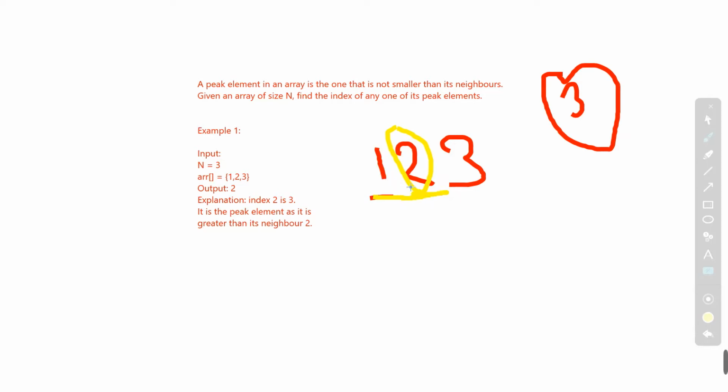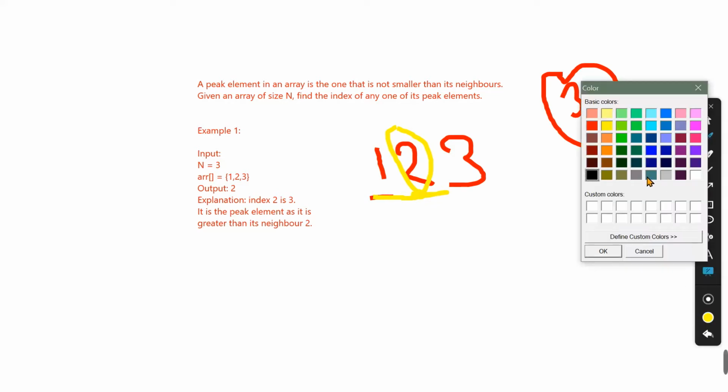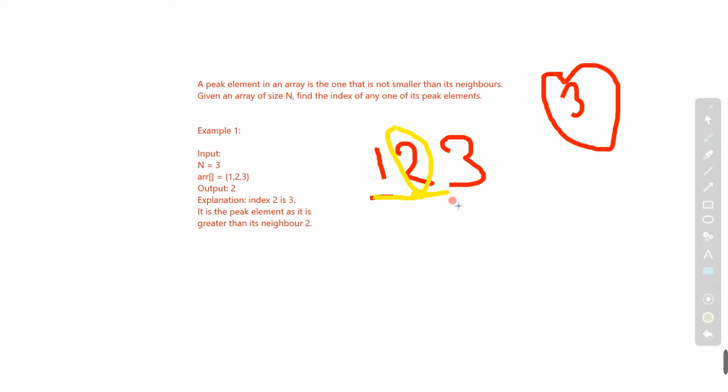We go for the 2, we compare with 1. Yes, it's bigger than 1. But in the case of 3, oh, it's less, right? So we can't take this. Now we're talking about 3. 3 has neighbor 2.